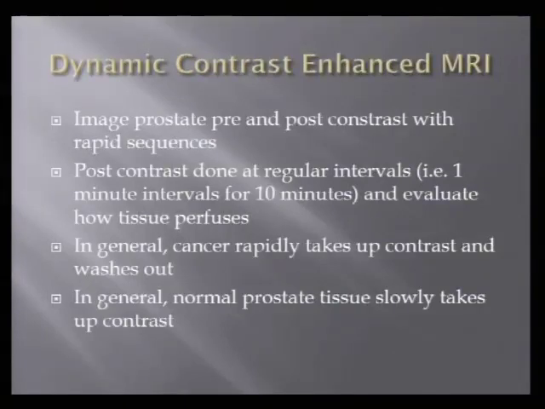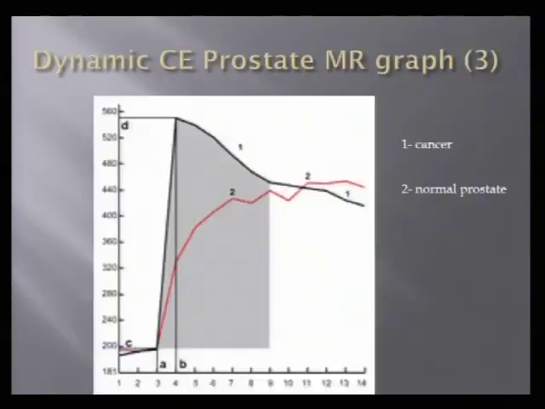And then the other thing, this is a little bit easier to understand, dynamic contrast enhancement. That just basically means we give contrast with the prostate. We do this with breast imaging too and other modalities. And at regular time intervals, we just go ahead and keep imaging the prostate, and we try to get an idea of how rapidly whatever we're looking at takes up contrast and possibly spits it out, which is called rapid washout, which is commonly seen with cancer, whether it be in the breast or in the prostate. So this is just a timing diagram. Black is cancer, red is just normal prostate tissue. You can see, in general, cancer will take up contrast fast and release it because it has a lot of